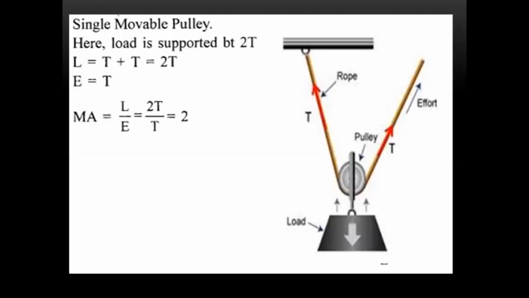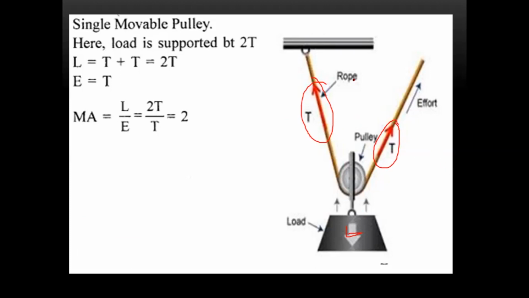So, as I told you earlier, when we were learning about the single fixed pulley, the tension was acting downwards in both the sides of the rope. But here in the case of a movable pulley, the tension acts upwards. So as you can see, it is denoted here by the arrow. Here also the tension acts upward, and here also the tension acts upward. So if this is our load, this load is being supported by two tensions, and both the tensions are acting upward.